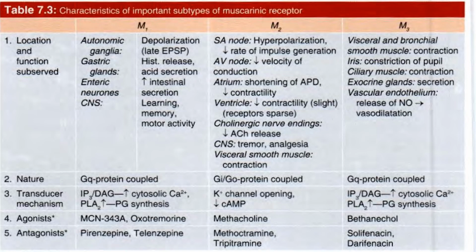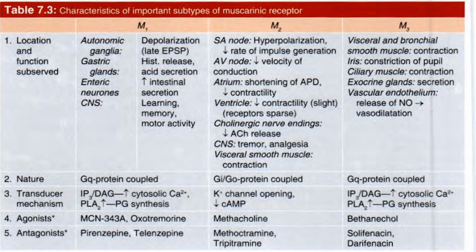M1 receptors are found in the autonomic ganglia, gastric glands, and enteric neurons, and they cause depolarization, late EPSP, histamine release, acid secretion, increased intestinal secretion, learning, memory, and